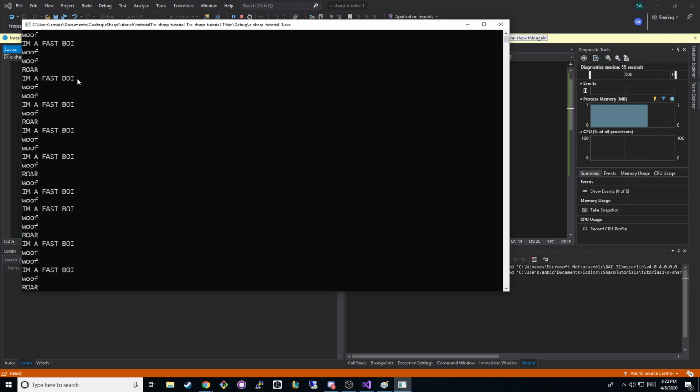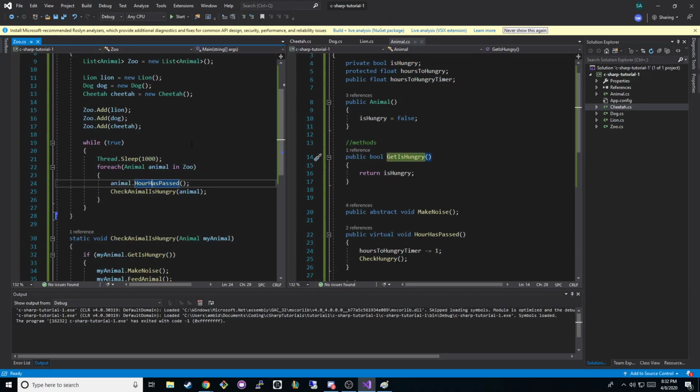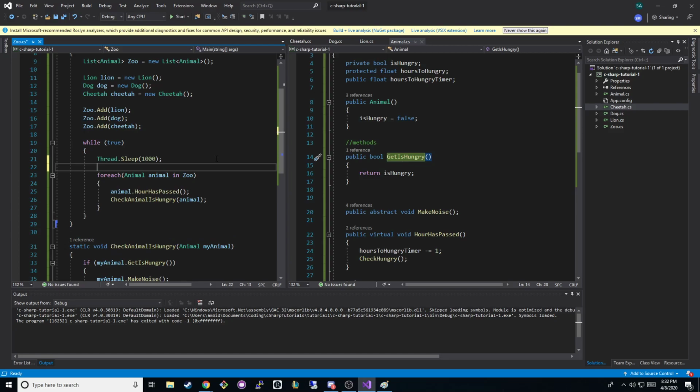But I'm seeing roar, I'm seeing I'm a fast boy, and I'm seeing woofed. Let's add a little bit of debugging to this. Every second, let's say Console.WriteLine. I want to add just a number, like how long it's been. We'll add an integer for current hours, and we'll start at 0. And we'll say plus plus because that'll add 1 after we use it. So if we run it,